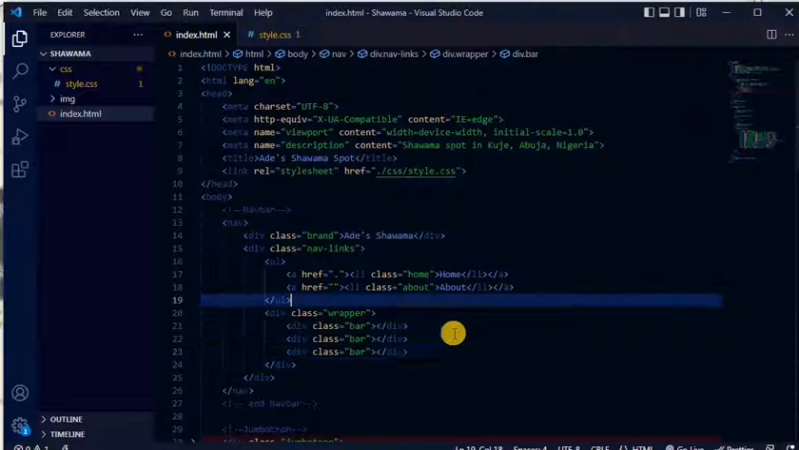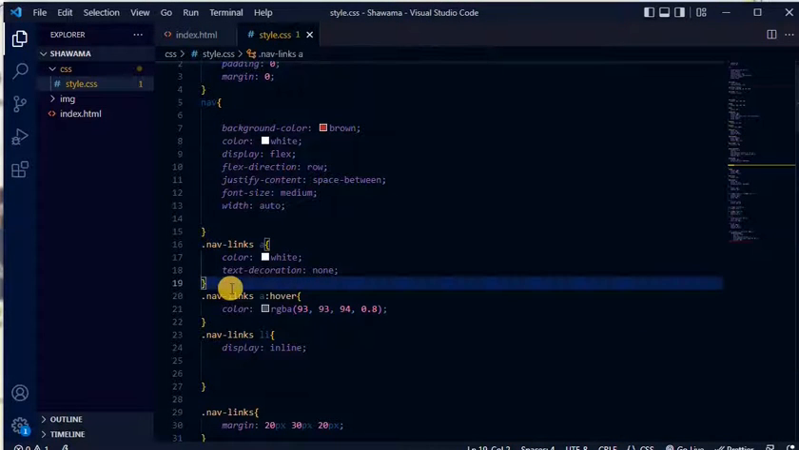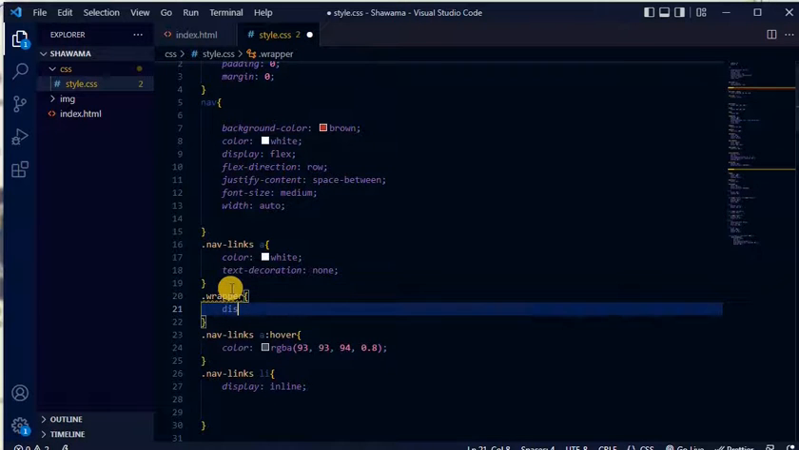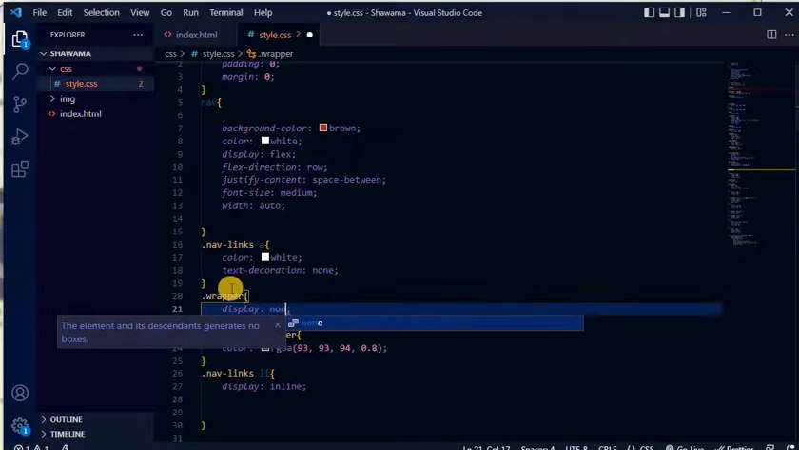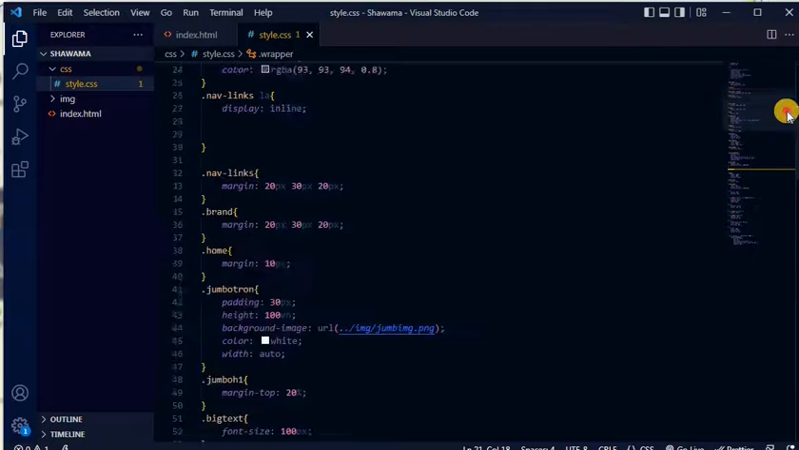So we don't want it to show there. So what we'll do is we just go right here, in the main that's for the bigger screen, we'll just target wrapper and we'll set it to display none. So with this, it won't display on the bigger screen, but when we now go,